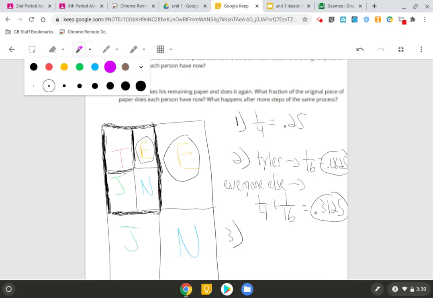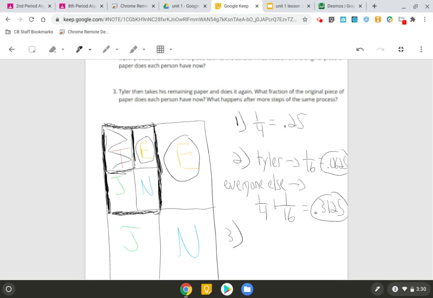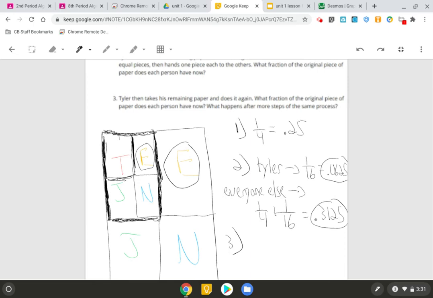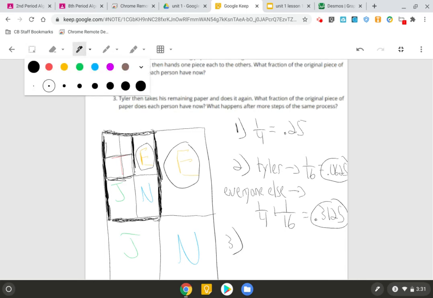No, this isn't going to work. So I'll just stick with black. So now Tyler just has this piece of paper left. Okay, when he cuts, so he has that left. So now he's going to take that and cut that into quarters. Okay, and he's going to keep one piece to himself,